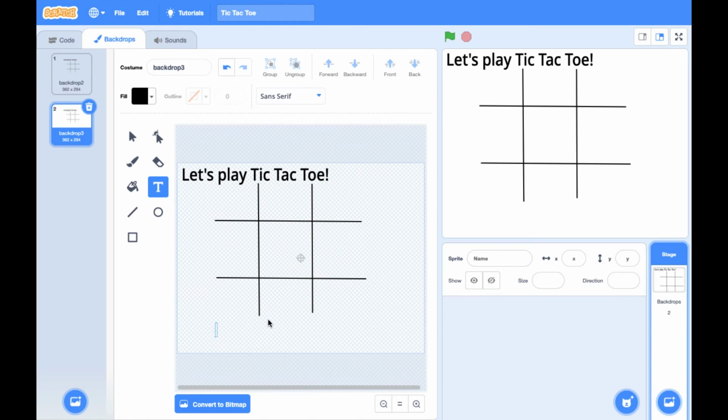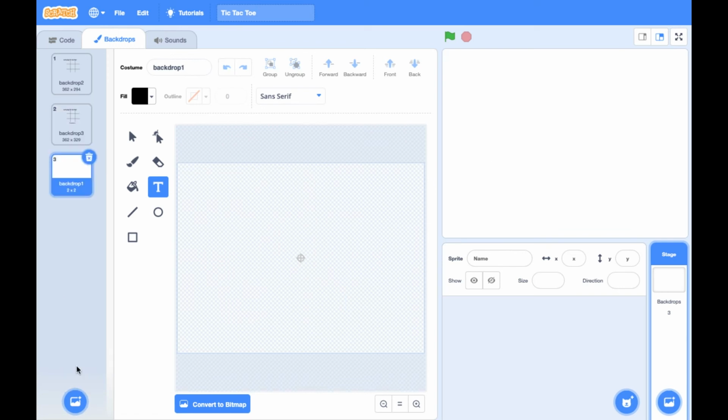So here the text will be, the winner is, and giving a colon. So it indicates who the winner is. But all these backdrops will be used when the game ends. And we'll be making one more backdrop, because there are three possibilities when you play a tic-tac-toe.